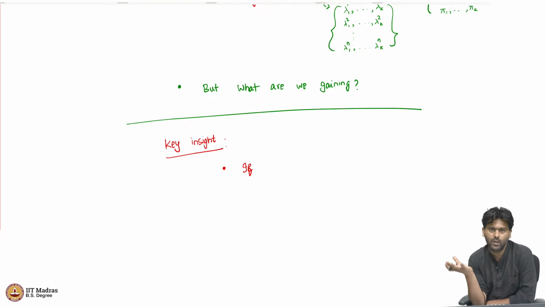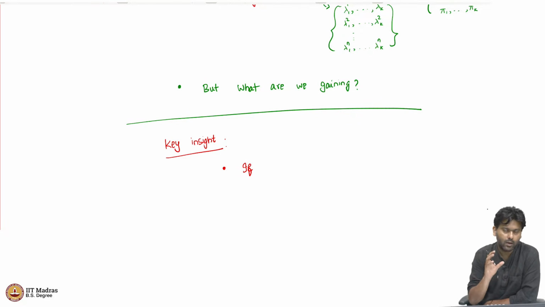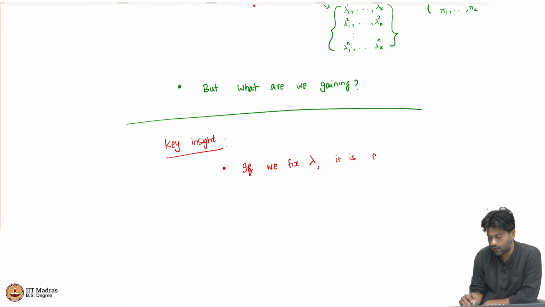Now, I have a new function, which is a modified log likelihood, which is a function of two different parameters. One is theta and one is the artificially introduced parameter lambda. The great advantage we gain by looking at this modified likelihood is the following, and we will justify this in a minute. If we fix some lambda, it is easy to maximize